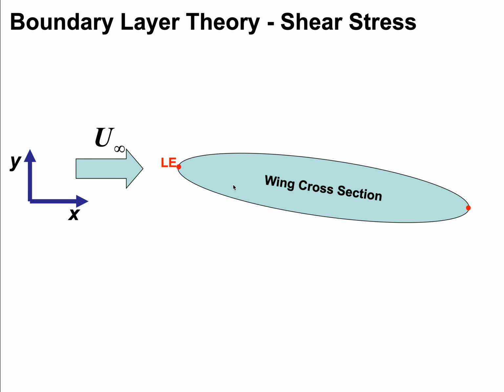And if you take any object moving in a fluid, for example this wing section, moving in a fluid at a velocity of u infinity, where the fluid has density and a viscosity, then you will notice that there is going to be an imaginary layer. It's not something that you can see, primarily because the fluids we deal with are transparent, air and water,